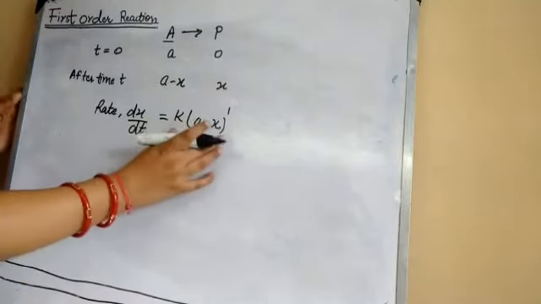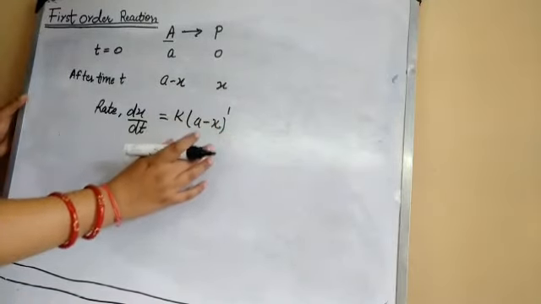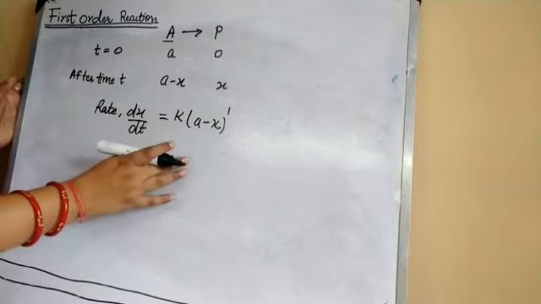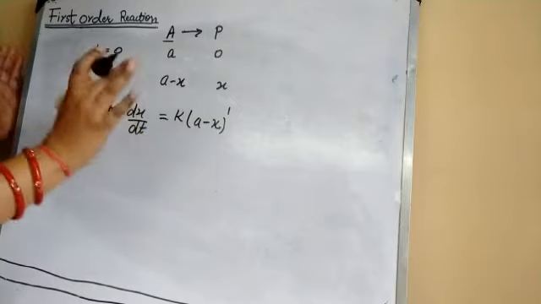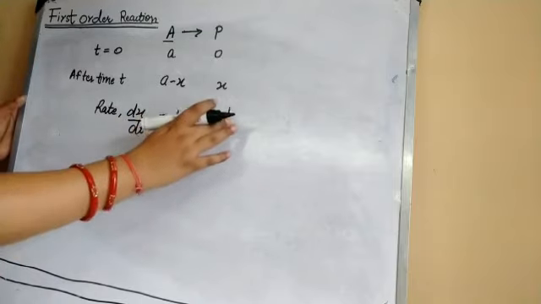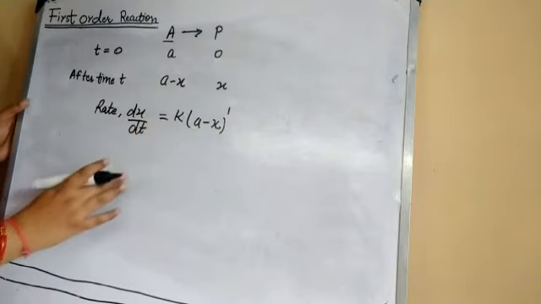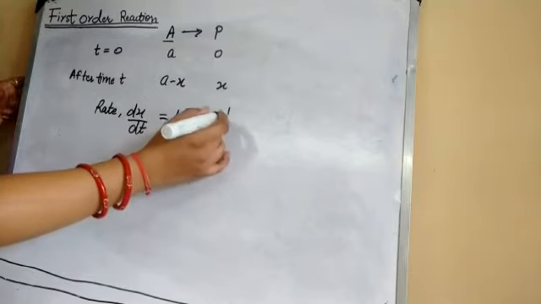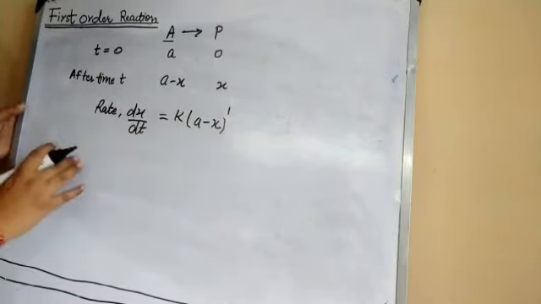So why have we taken this expression for the first order? Actually we know that the reactions in which the rate is determined by the variation of only one concentration term is a first order reaction. That is why we have taken n equal to 1. So it depends upon the order. If it is 2, meaning second order, you can put 2, and likewise.